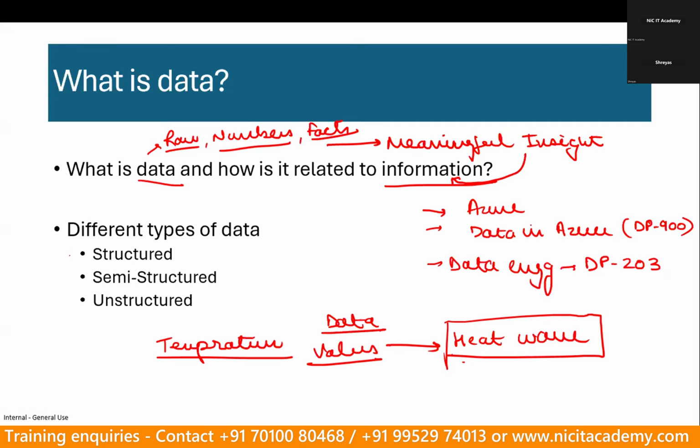Please stay here. Guys, I'll just do one thing. I'll show you the entire syllabus as to what all we are going to cover. And as I said, nothing would be spared. Everything that is a part of data engineering, that is a part of data fundamentals in Azure, we are going to cover that. So if you can see my screen right now,